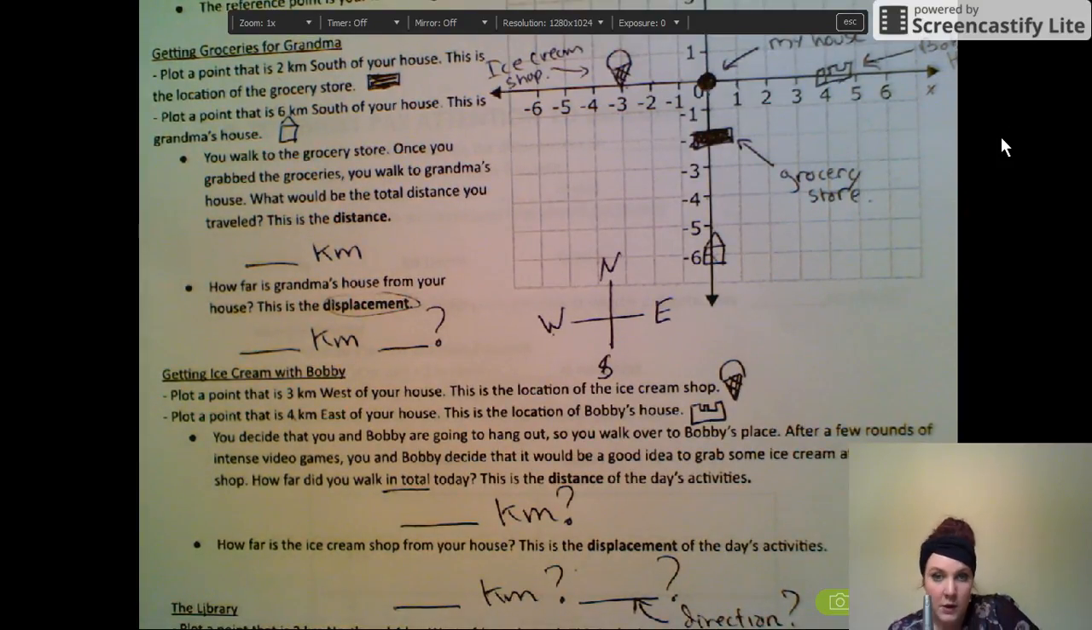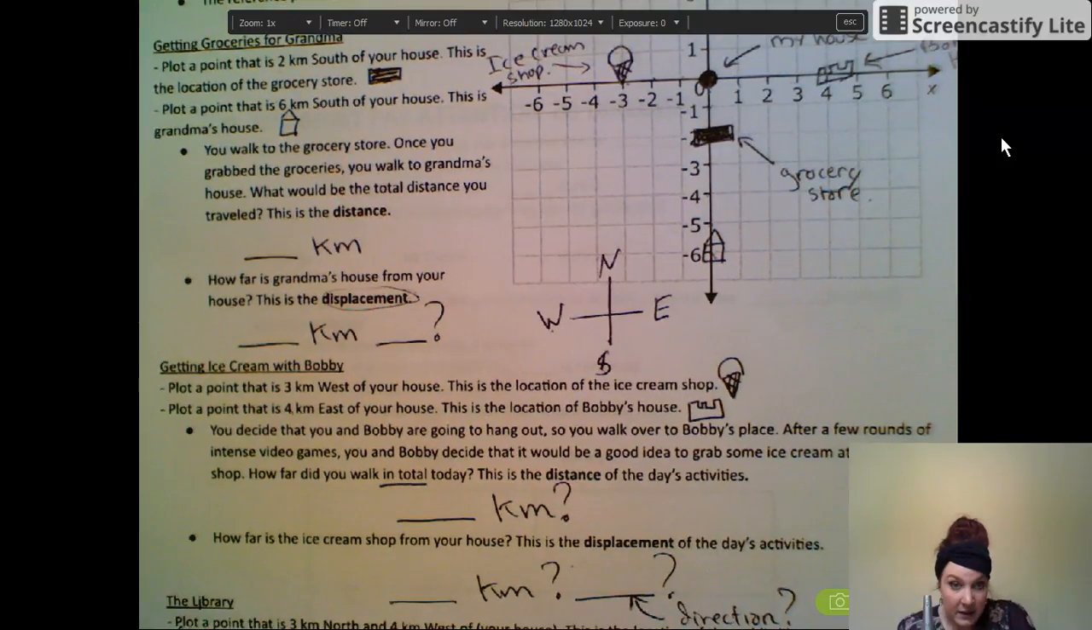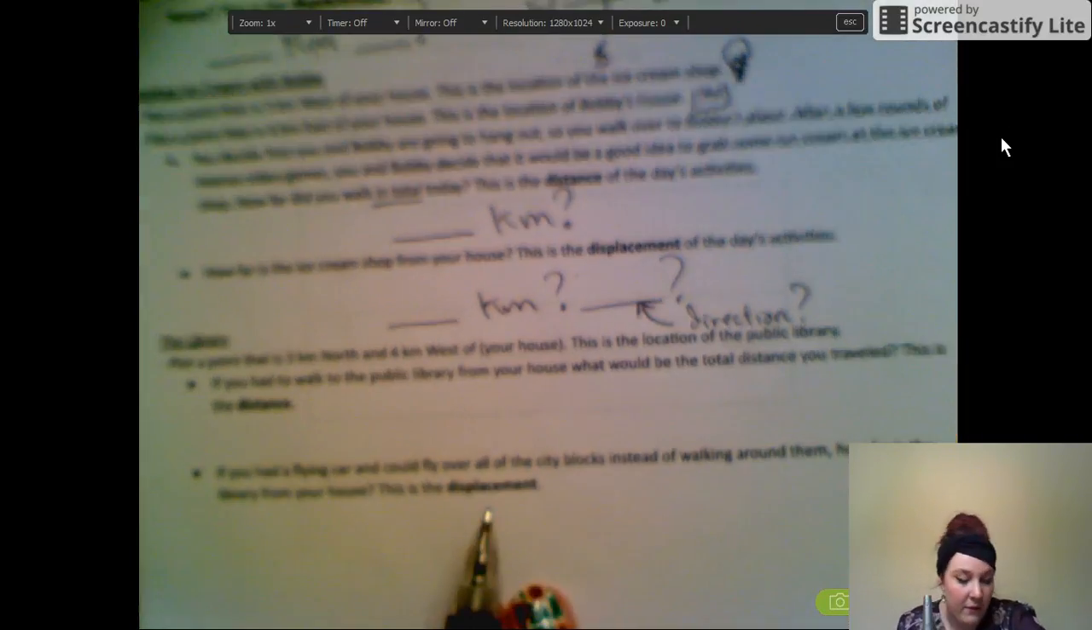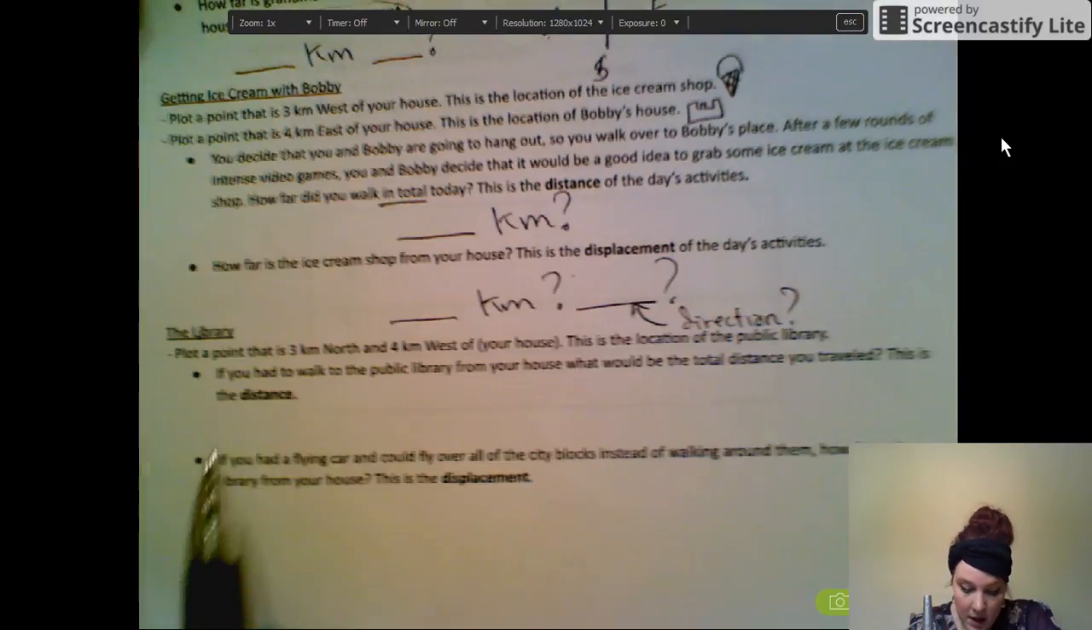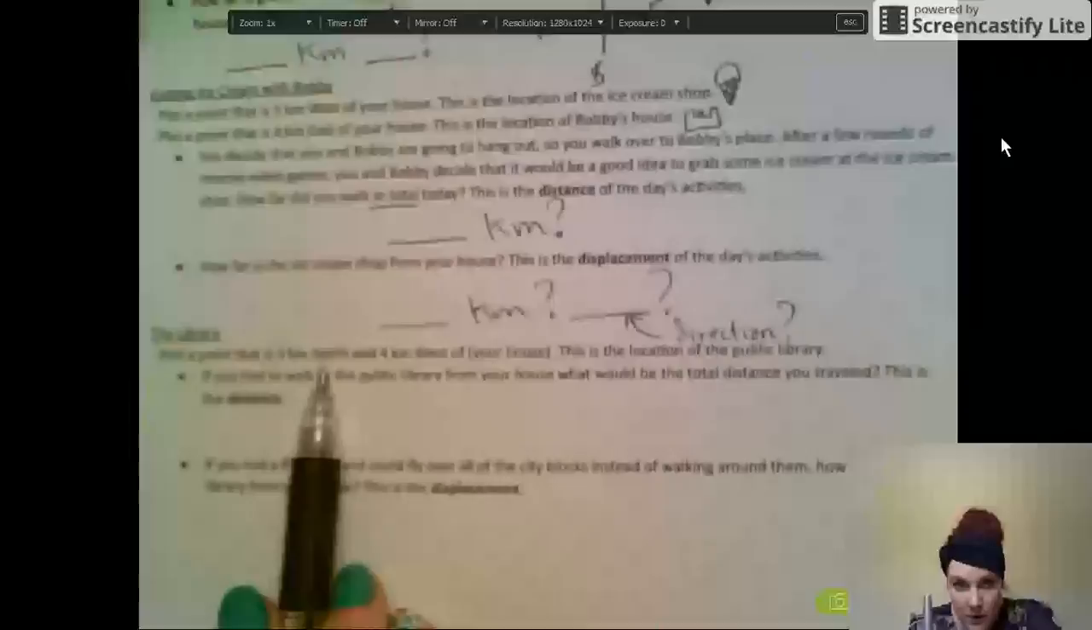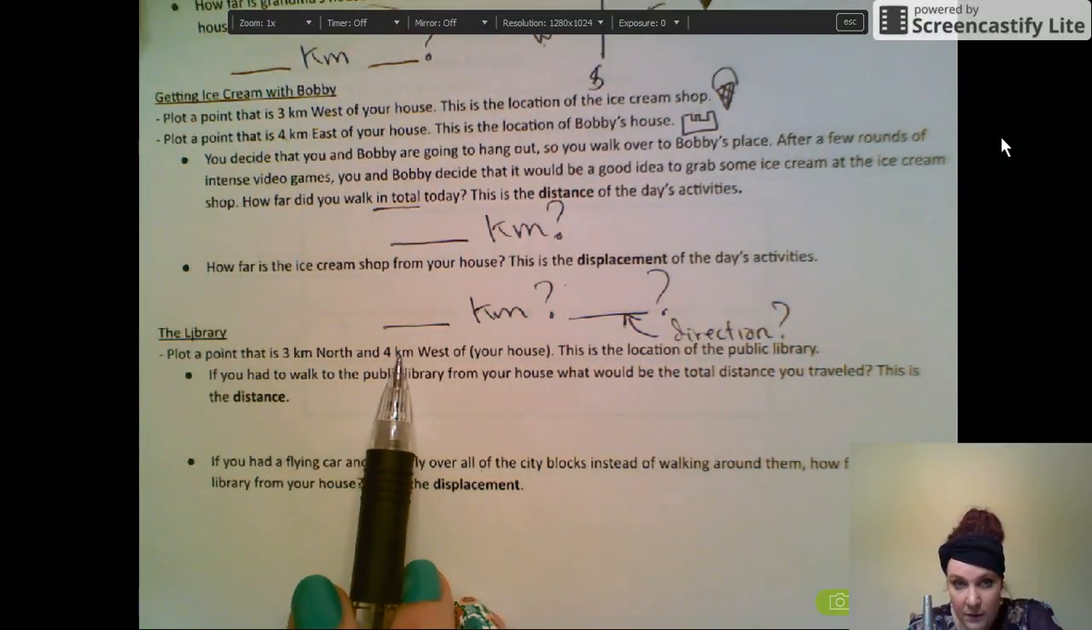All right, so our last scenario is going to the library. If everyone could follow along on the bottom, we'll go back to our frame of reference in just a moment. It says plot a point that is 3 kilometers north and 4 kilometers